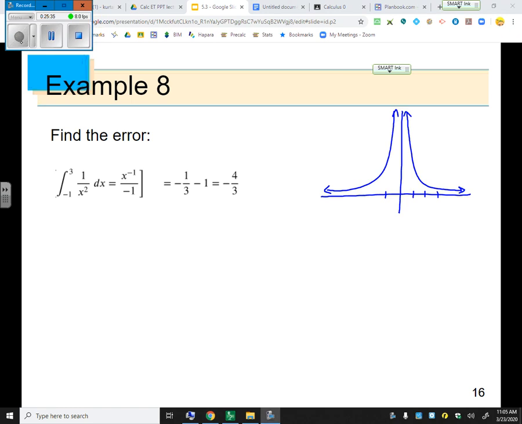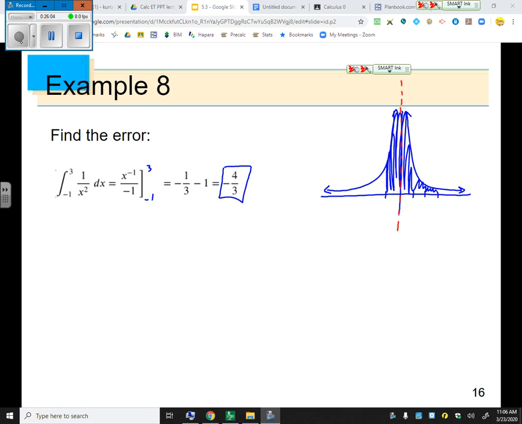Might not see it. Again, they went from -1 to 3. They plugged everything in. It looks good. But what triggered in my mind was that I got an answer to be negative, and I'm thinking about the graph of 1 over x squared, and everything for the graph under 1 over x squared is positive. So I would have no idea how to get down to the negatives. The kicker on this one is that